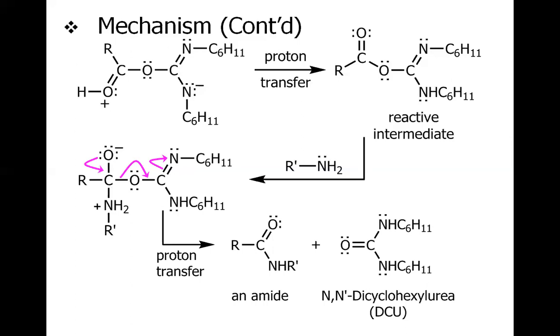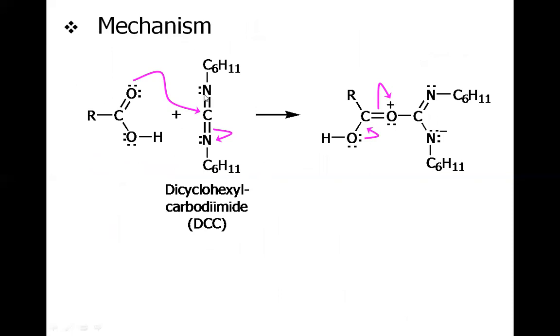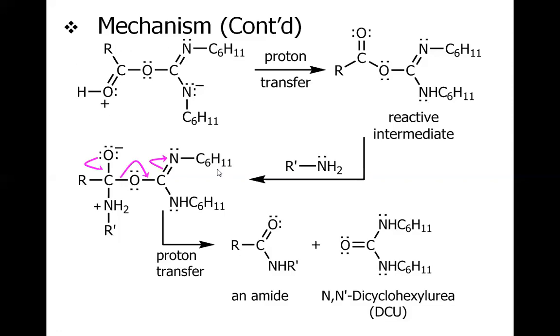And remember, if you consider the structure of dicyclohexyl urea, if you remove the cyclohexyl from both sides and place H on both sides, it is simple urea. So this is called dicyclohexyl urea. If you compare it with the DCC, you could simply see that if you add water to DCC, OH here to this carbon and H here to this nitrogen, this will form the dicyclohexyl urea.